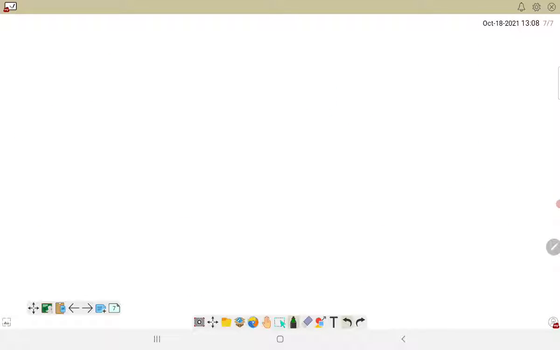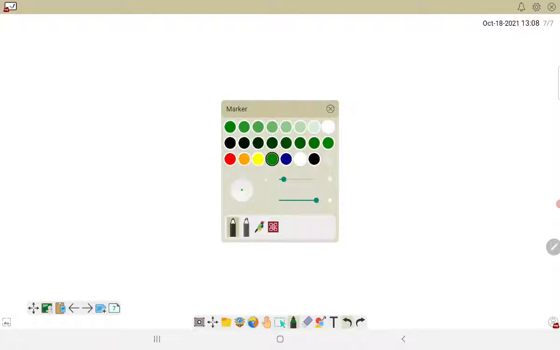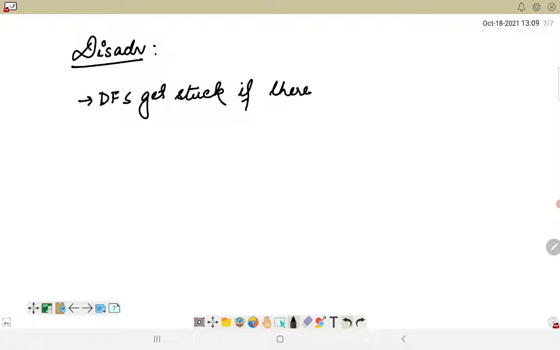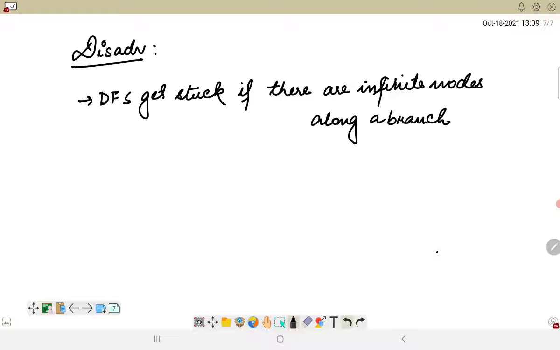So talking about the disadvantages, DFS gets stuck, or it might not give us any result at all, if there are infinite nodes along a branch. And the second condition is that if there is a